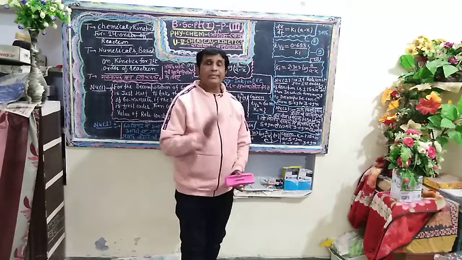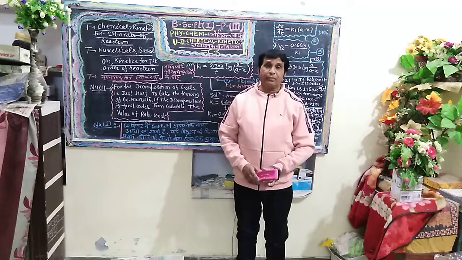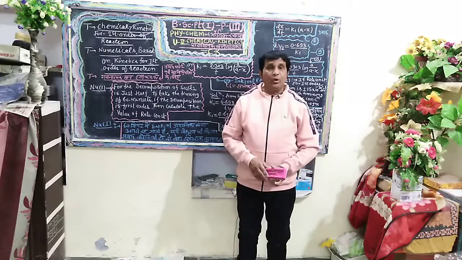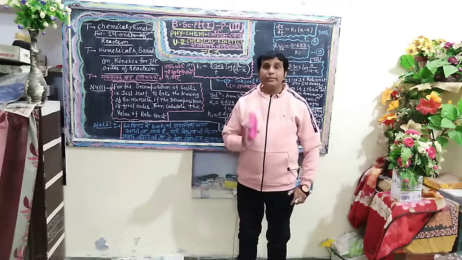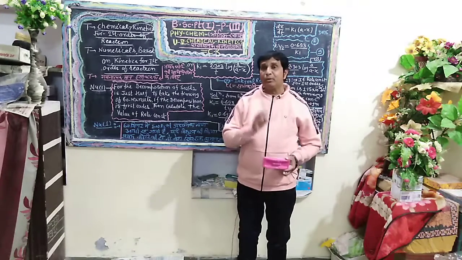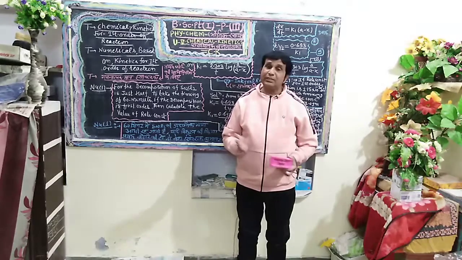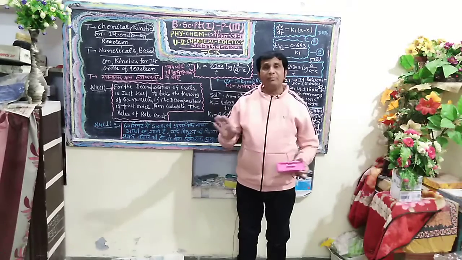Except second postulate for graphical representation. Now it is the turn to calculate the value of half-life period, which is expressed in terms of t half. Students of BSc Part 1, there are three important timings that have extreme importance for the progress of any chemical reaction.